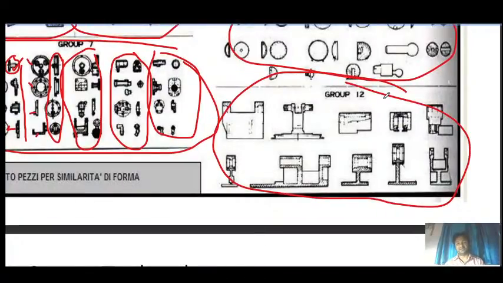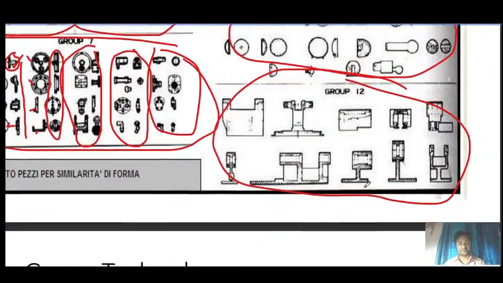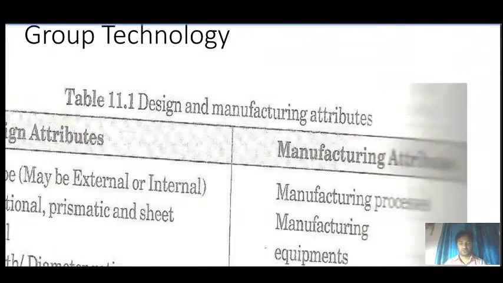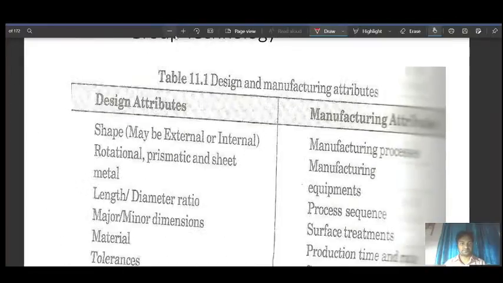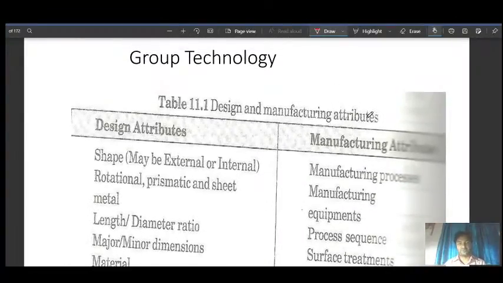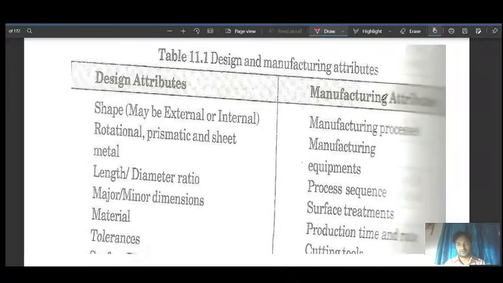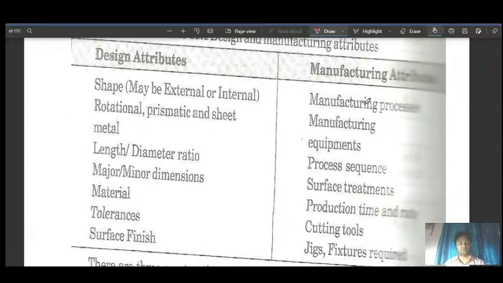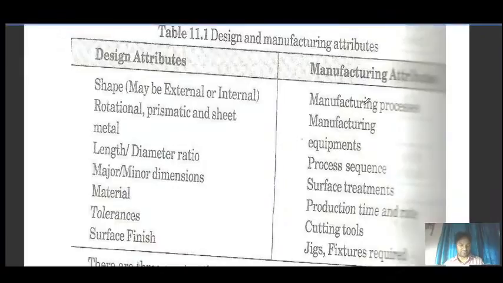So as you have seen, parts are being grouped on the basis of their design. Parts can be grouped on the basis of manufacturing also, as we discussed in the previous slide. So when we go for the grouping of the parts, we basically consider two types of attributes.